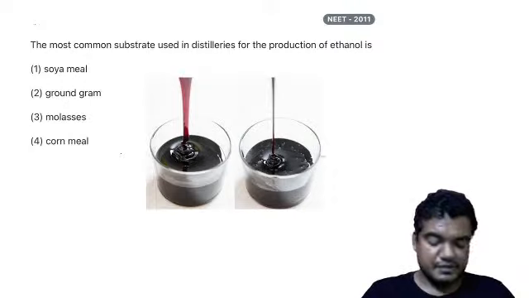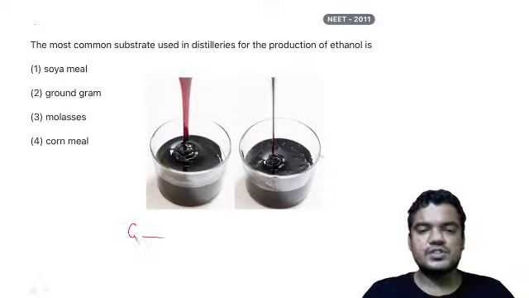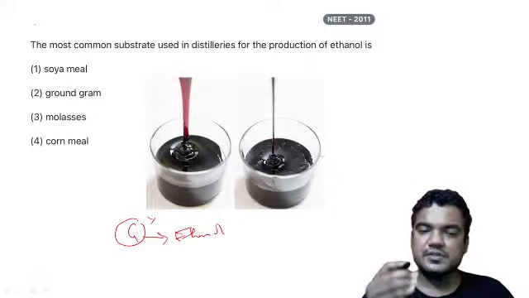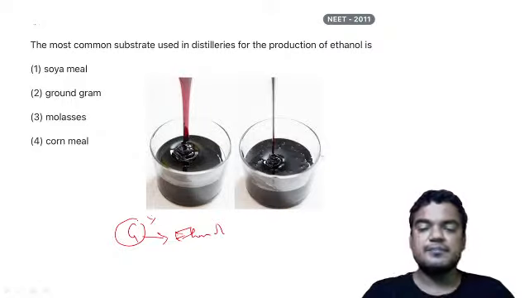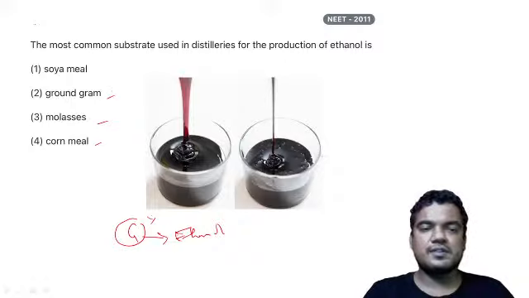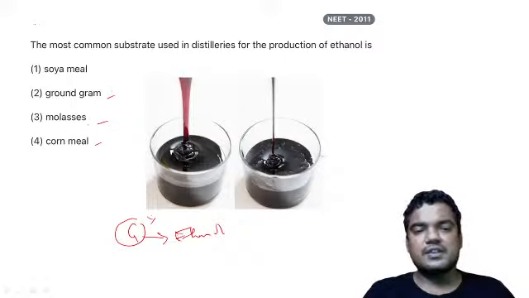So we know that when we provide glucose, that glucose, with the help of Saccharomyces cerevisiae or yeast, becomes ethanol. And in which form is this glucose provided for these microbes? In the form of soya meal, or in the form of molasses, in the form of corn meal, in the form of ground gram. So in the form of molasses,